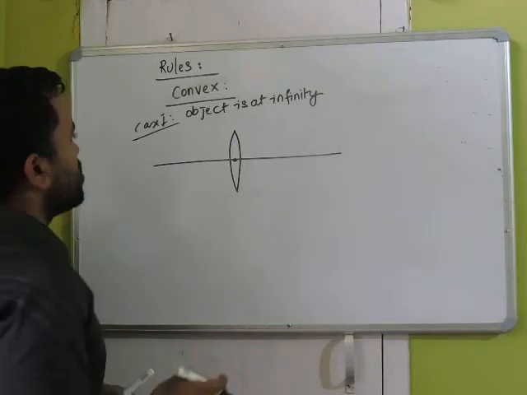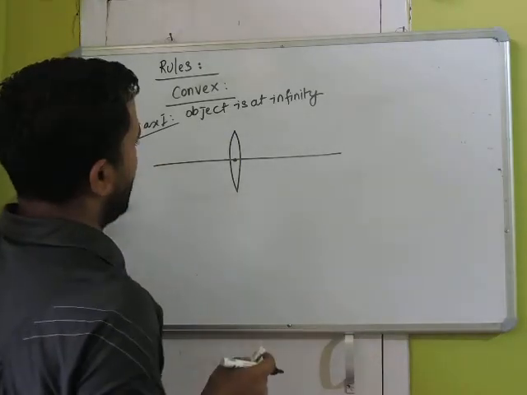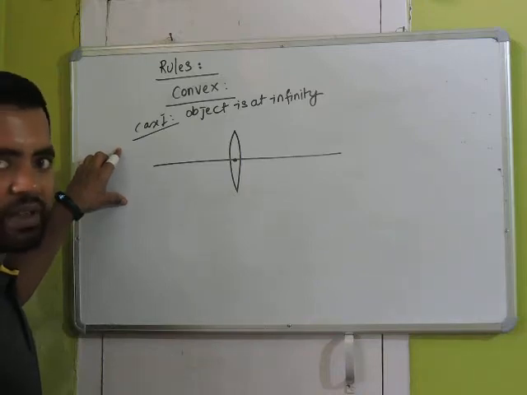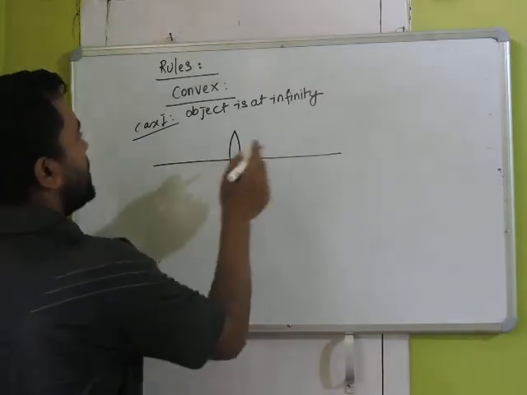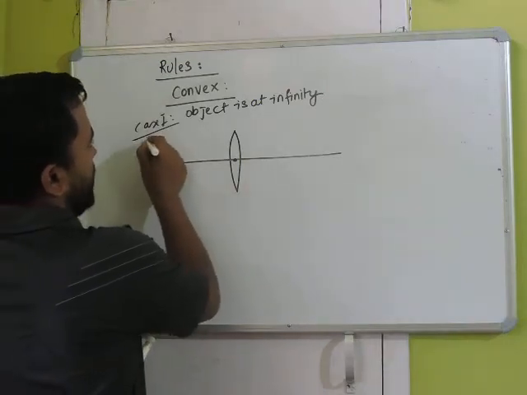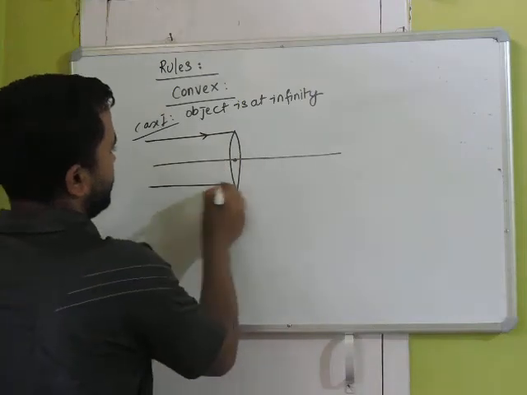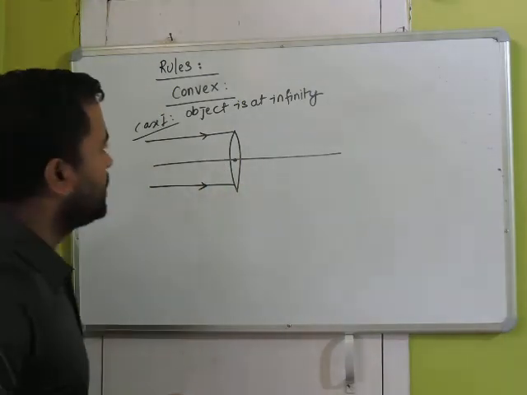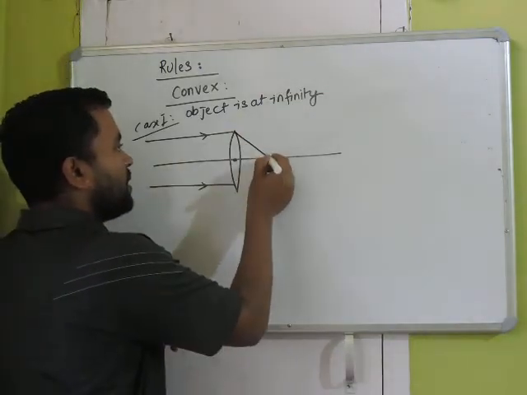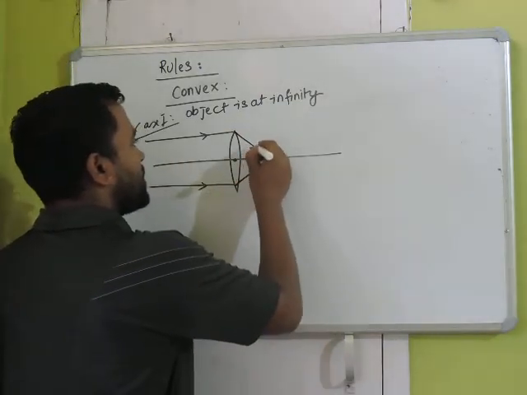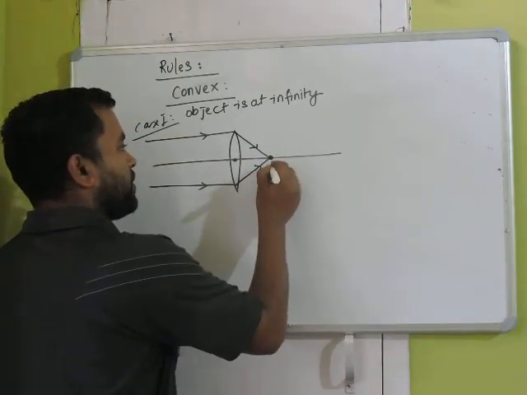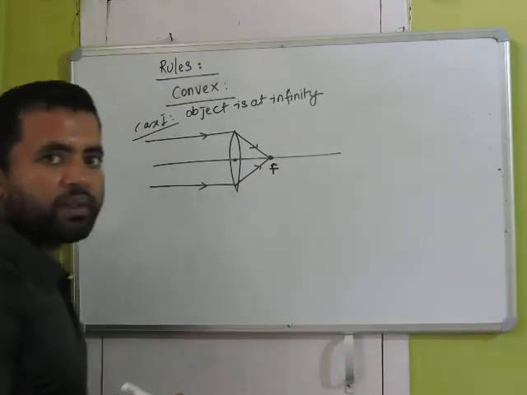Fine. So the object is this side, the object will be always on this side, whether it's concave or convex, right? So if the object is at infinity, let us say somewhere here, this side, so I take, let us say, 2 rays from the object, and if you go by the rule, these are parallel to the principal axis, so after refraction they will meet at focus. So I am writing F for the focus, right?